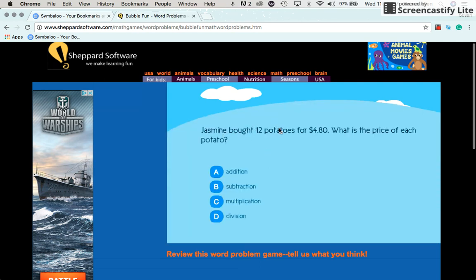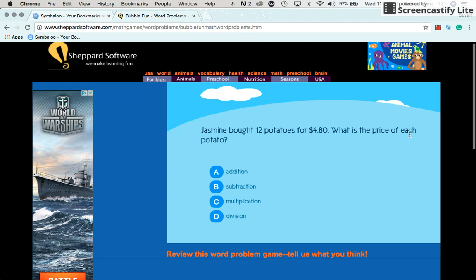Jasmine brought 12 potatoes for $4.80. What is the price of each potato? So one of the things I make sure my students know, and I always have them do like fireworks around it, is the word "each." Let me screenshot this. I can use it later. So each usually indicates